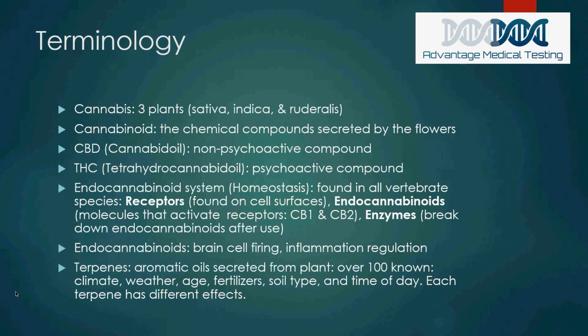Now, what's interesting is that cannabis plants can be grown in a multitude of climates, different soils, and different areas around the world. That's what makes cannabis unique: the climate and weather that the plants are grown in, the age of the plant, the fertilizers and soil types, and even the time of day when the plants are harvested can influence the terpenes in the plant. Now, terpenes, like I said, consider them to be like an essential oil, and they all have their own benefits. You can Google those on your own.